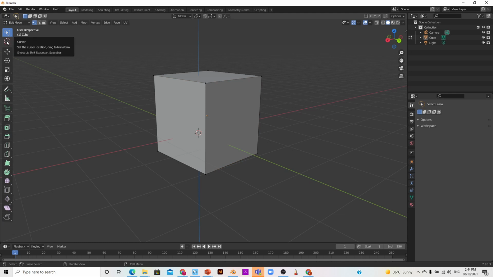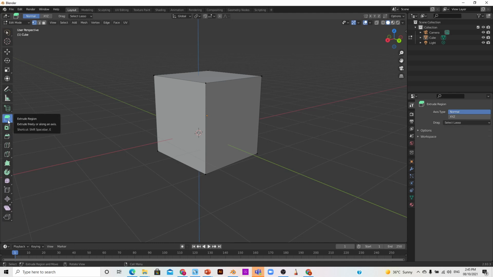Cursor, you already know. I will skip all these tools, guys, because we already practiced all these tools. I will start with the extrude region. Okay, so for the extrude region, guys, I need to activate, because this tool will work on the faces only. Okay, not the vertices, edges also, but I will